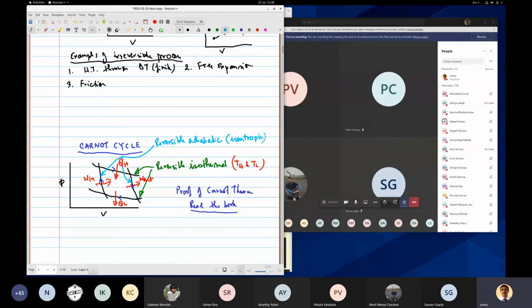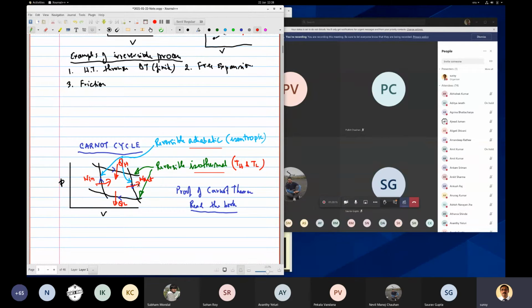It's adding here, and these two are, here it is isentropic. So adiabatic, it is reversible adiabatic, no heat transfer. Heat transfer only takes place here and here. Here there is no heat transfer. So it is called adiabatic. So one adiabatic and two adiabatic, so here it is adiabatic, this is also adiabatic.